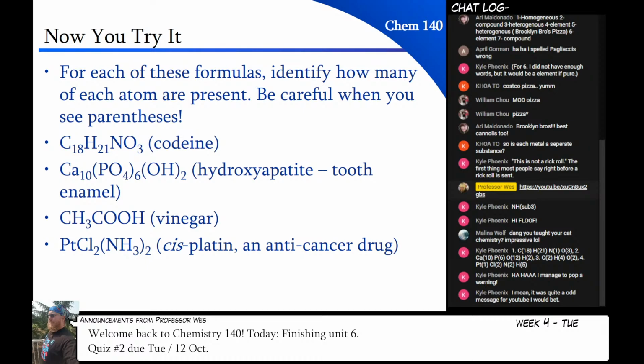All right, let's go over the answer. Stylus. Uh-oh, where'd it go? There it is. All right, for the first one, let's change this color. 18 carbon, 21 hydrogen, 1 nitrogen, and 3 oxygen. Kind of like duh, right? So,